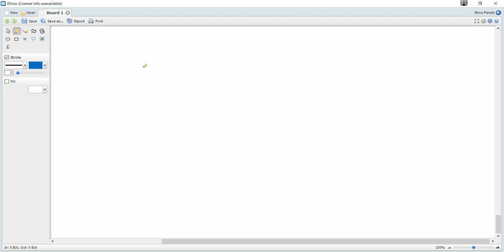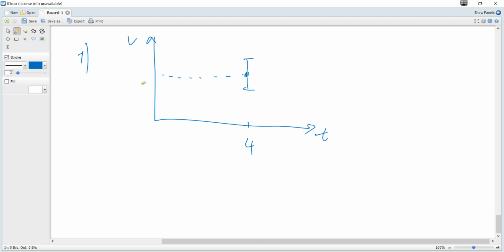The first question. The graph shows the variation with time of the velocity of an object. Error bars for velocity are included. What is the percentage uncertainty for the velocity at time t is 4 seconds? So we should consider a point when t is 4. And we can see that value is 8, so velocity is 8 meters per second, and this length is the